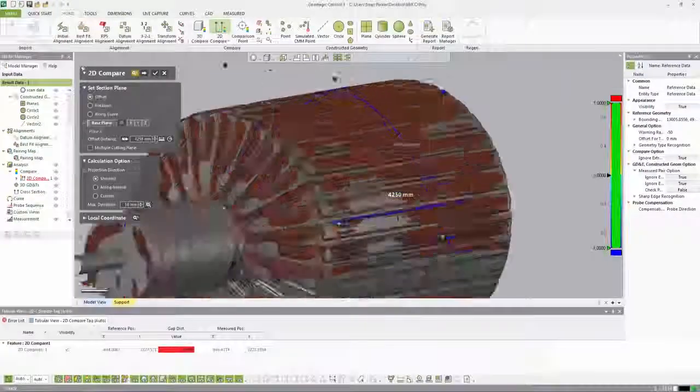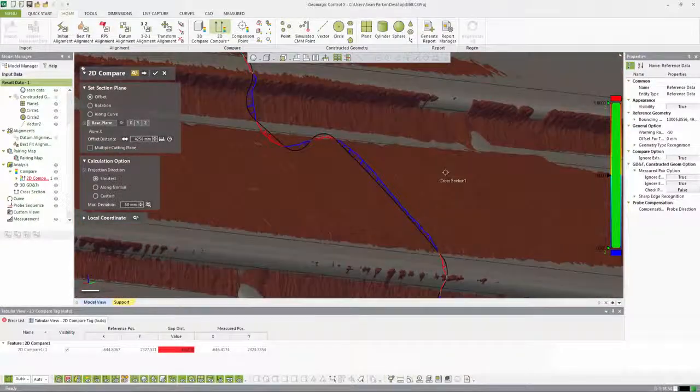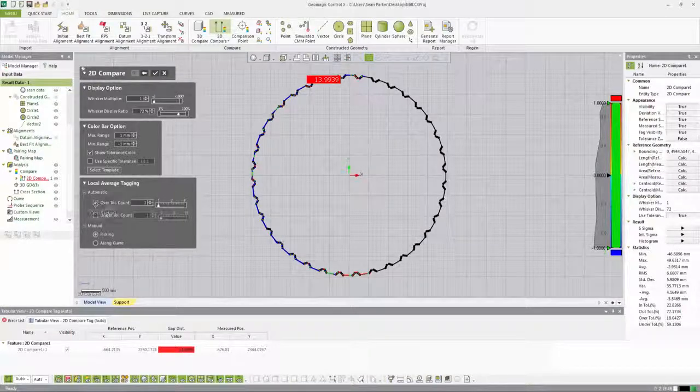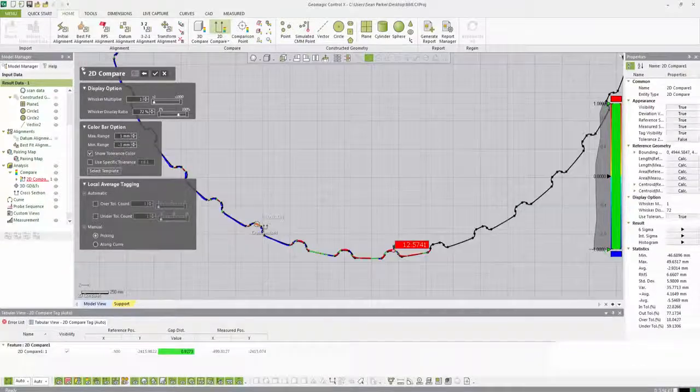So if I change this to something like 50 millimeters, I'm going to see a lot more of my deviation. If I change this back to 5, like it's initially giving me, I'm starting to lose areas where I have more than that amount of deviation. So 50 is typically fine. If I expect to see more than 50 millimeters deviation, change it to the maximum, so maybe 100 millimeters or something. And then when I hit next stage, what I want to see is if the deviation right here